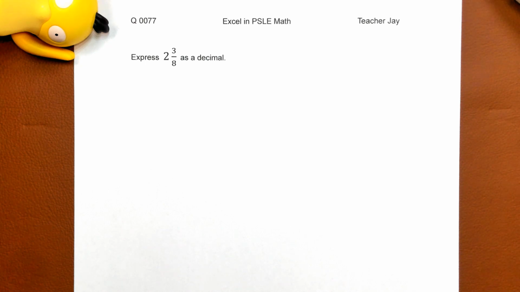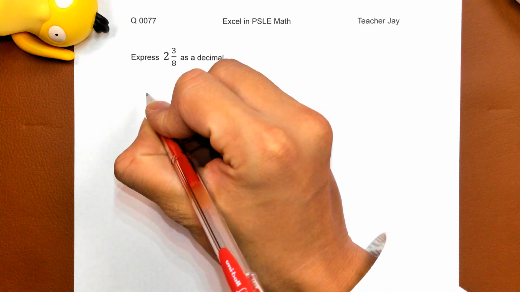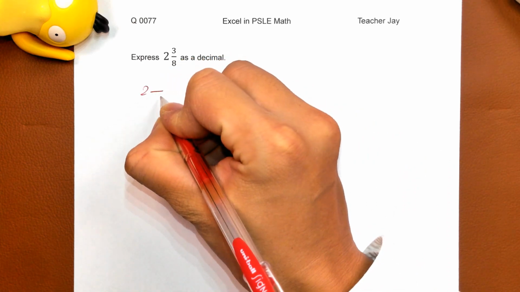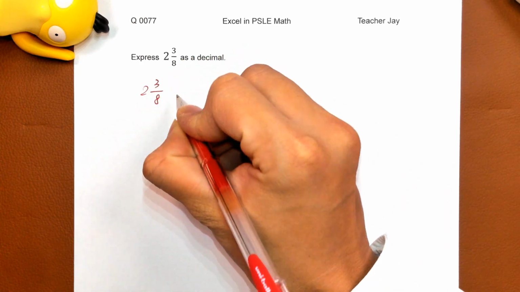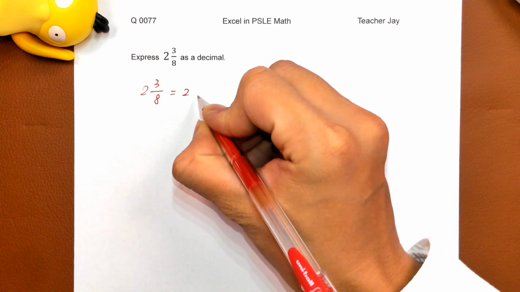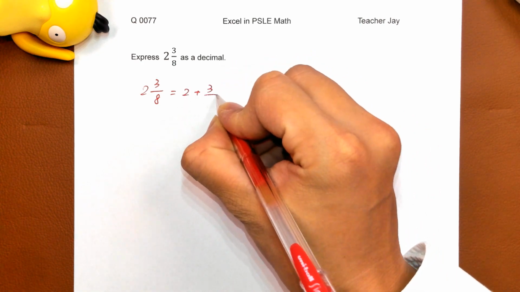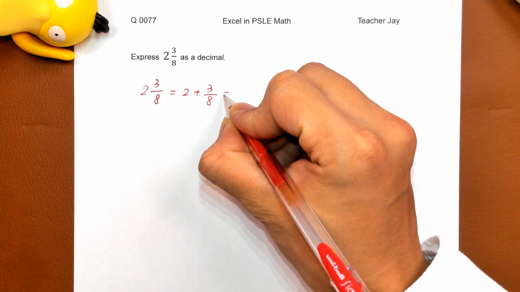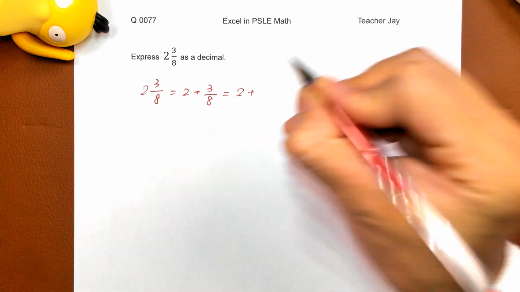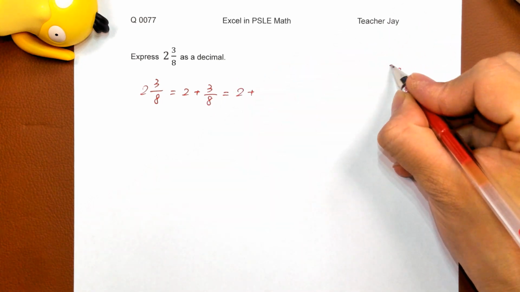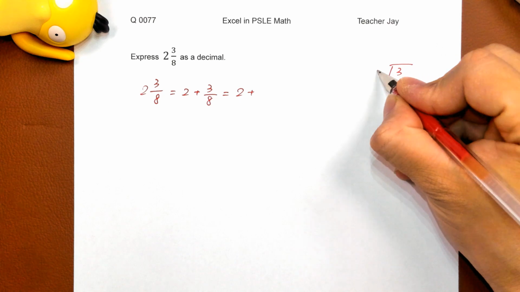Express 2 and 3 over 8 as a decimal. This is a mixed number, and we all know 2 and 3 over 8 equals 2 plus 3 over 8, and equals 2 plus, if we use 3 divided by 8,